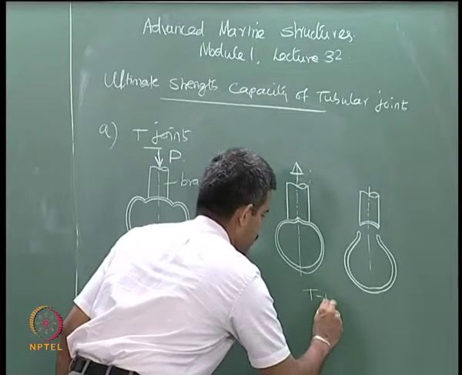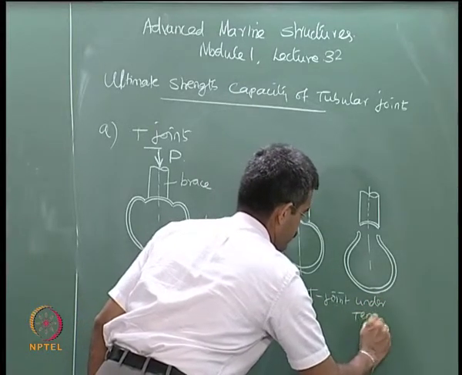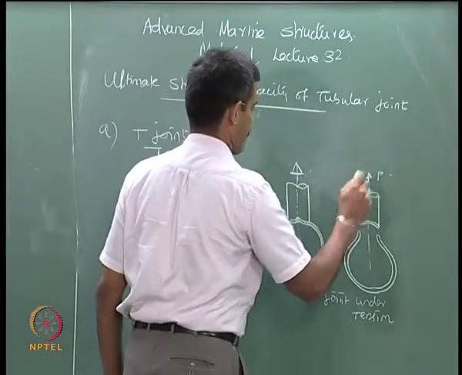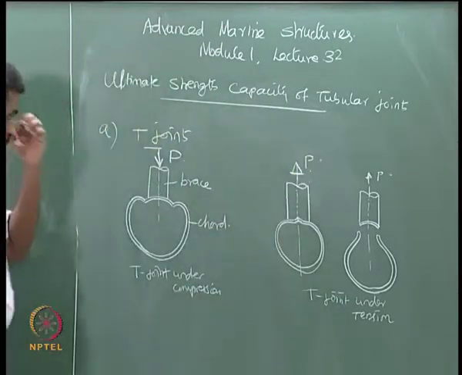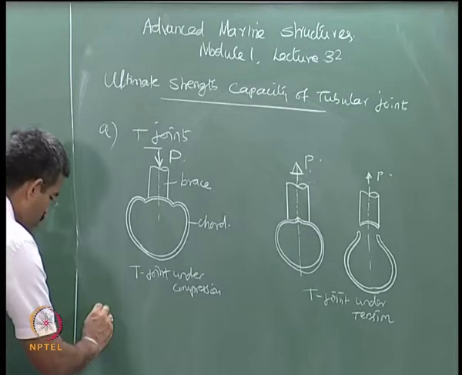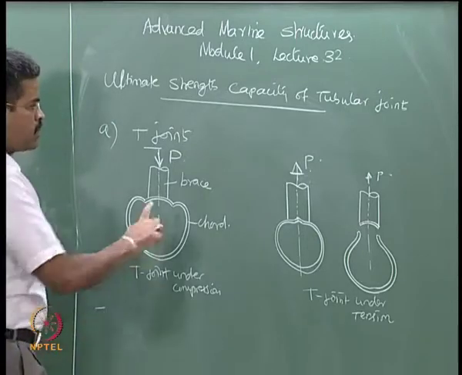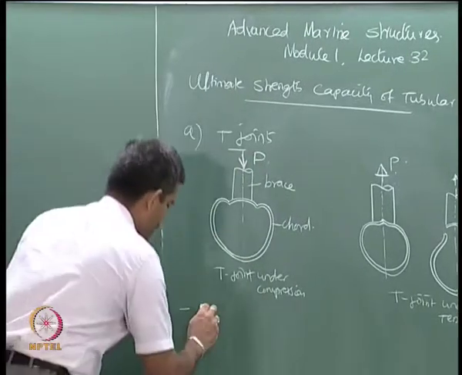There are some important observations we can make which are critical in both these behaviors. Amongst both these behaviors, T joints under axial compression of the brace is more critical,